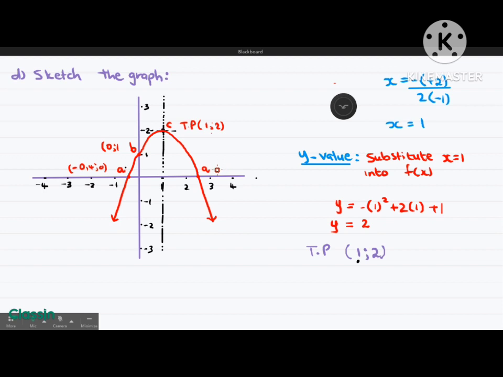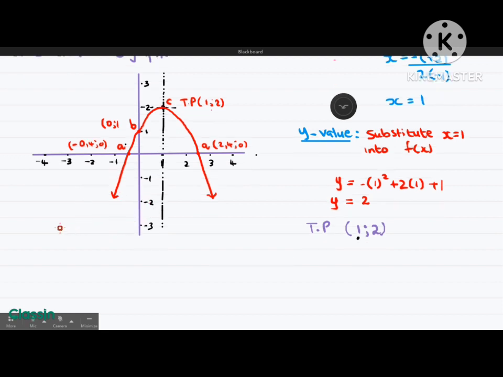Again, we had 2,4 and 0. So this is our graph, and we need to highlight something before we stop with this. One other question that they normally ask on number E, they say write down